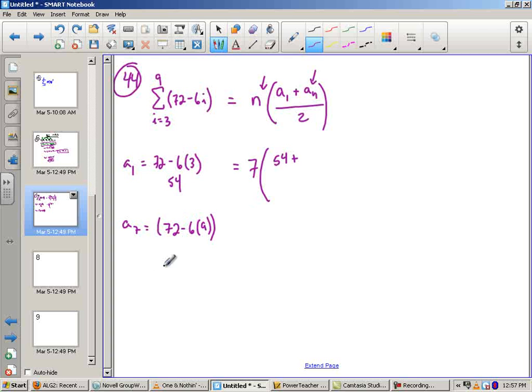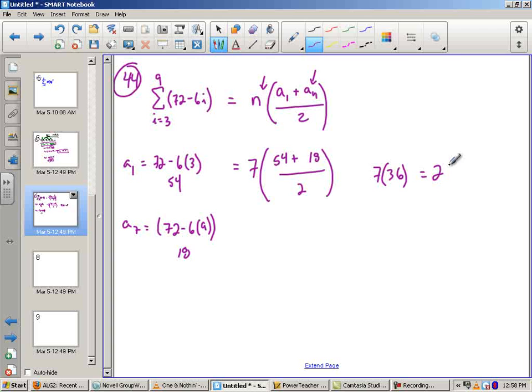Okay, that's 72 minus 54. And that gives me 18. Back to 18. All right, and so I put the 18 in here. I'm going to add those and divide it by 2, and then I'll multiply by 7. Well, 54 plus 18, of course, is 72. 72 divided by 2 is 36. So 7 times 36